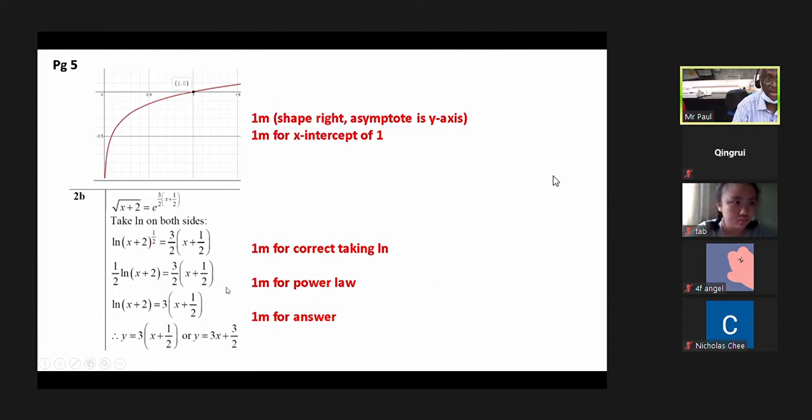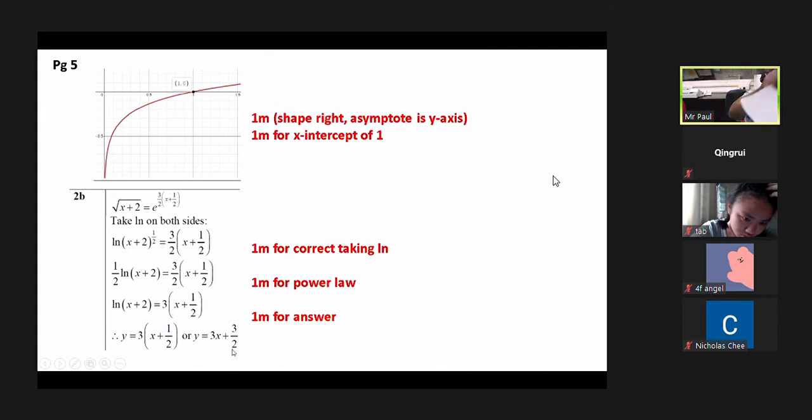Then you come to this step. Then what you do, you have a half here, and you have a 2 here, right? So we multiply both sides by 2. Then you come to this step. And then if you check your question, ln x plus 2 is y. You going to read your question? Yeah, ln x plus 2 is y. So therefore, y equals this. Or you can expand, that is your marks. Any questions for this? Okay, total is